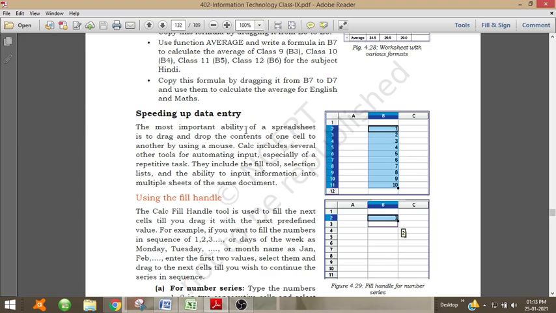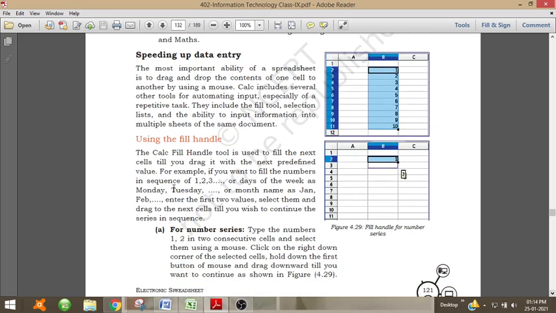Calc, the spreadsheet of LibreOffice, includes several other tools for automating input, especially of repetitive tasks. They include the fill tool, selection list, and the ability to input information into multiple sheets of the same document. So let us see how we can speed up our data entry.